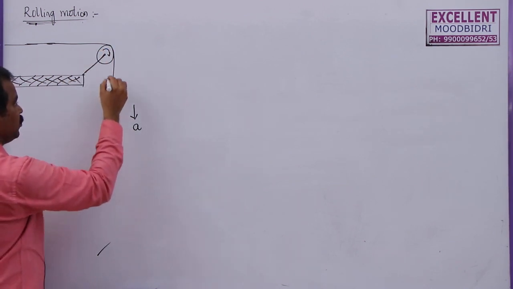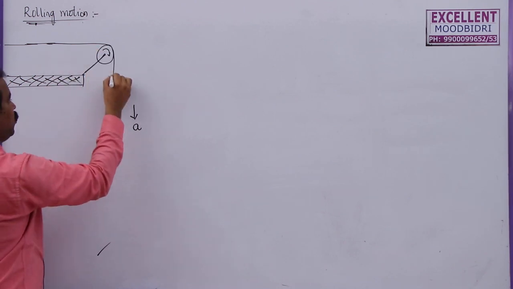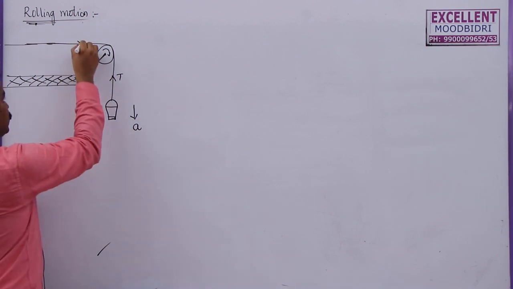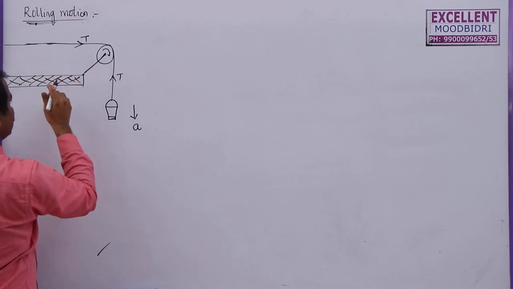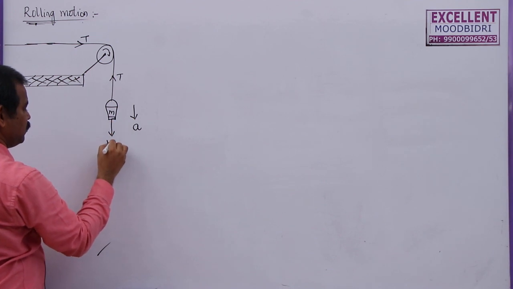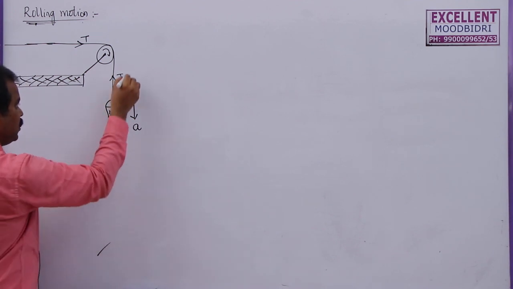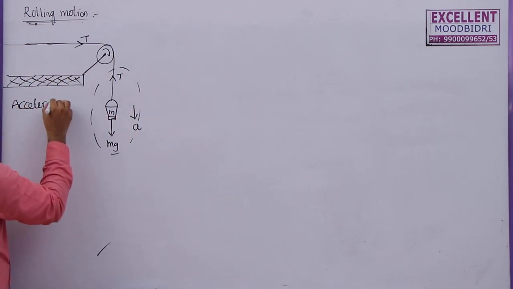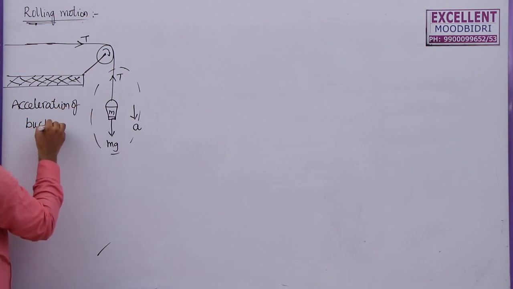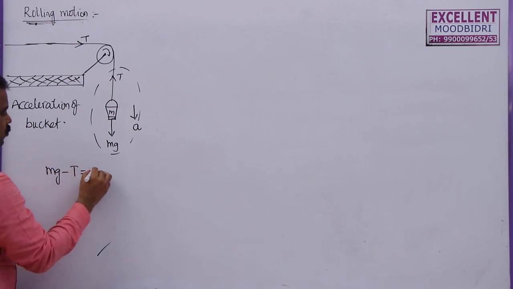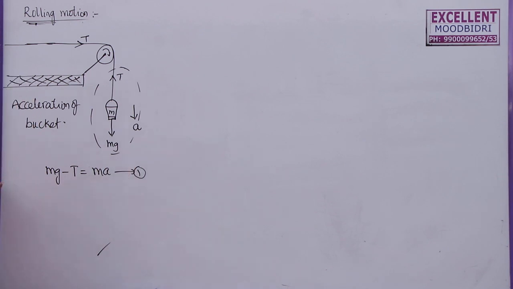So what is the force equation here? We know that as it is connected to a rope, tension always acts towards the point of suspension or towards the center of the pulley. Here also tension will act like this, the tension is pulling this rope from somewhere. Now, here the mass of this bucket, let me take m, and the weight will become mg. As it is moving down, what is the force equation for the bucket? Because we are finding the acceleration of the bucket. Now we can write mg minus tension is equal to ma, equation 1. Now what is this T? T is the tension in the rope.